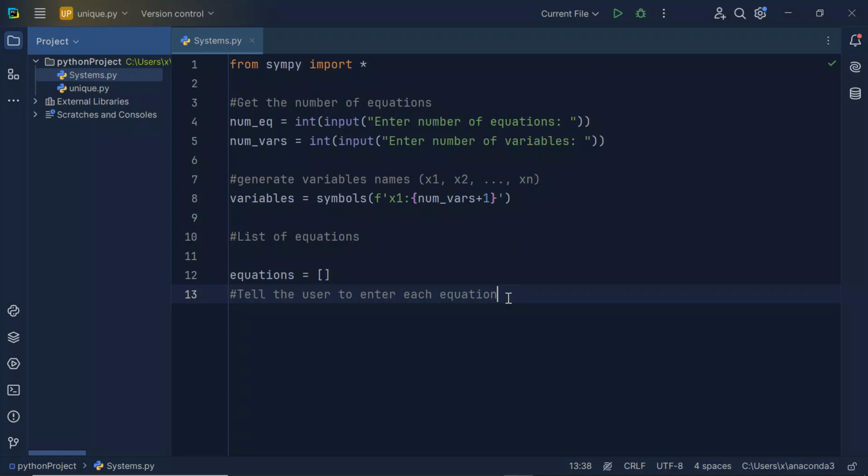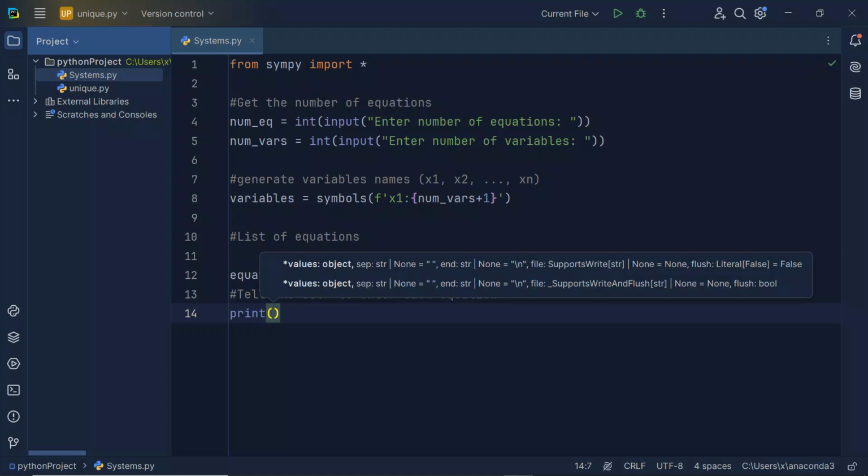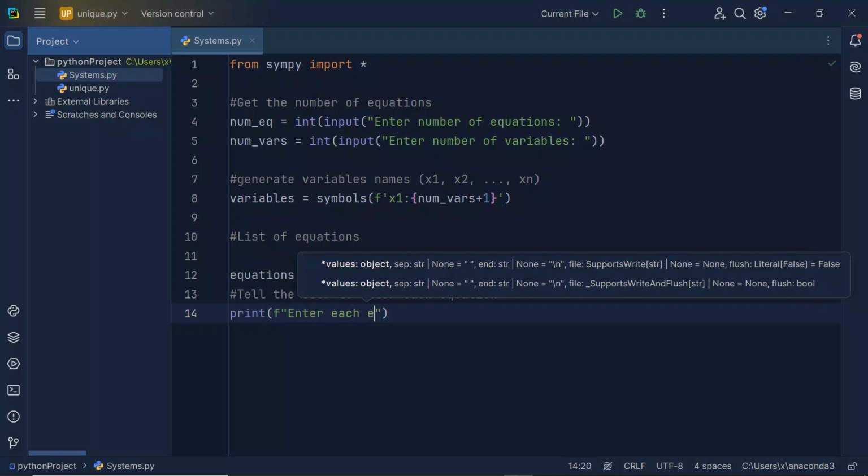And like I said, I'm just hoping that you know something little about Python. So this is what I want to tell the user, say, hey, enter each equation, right,